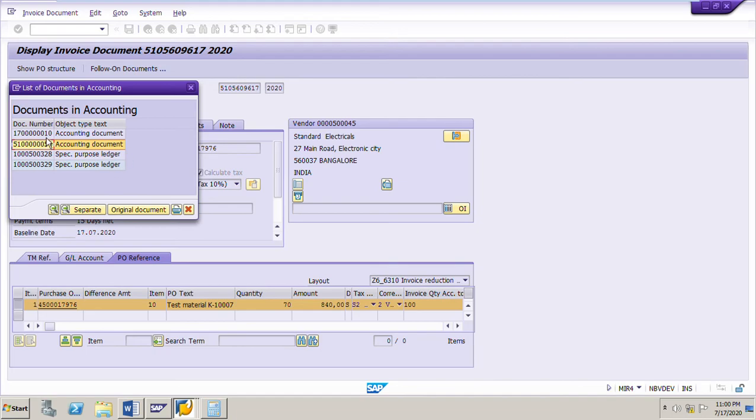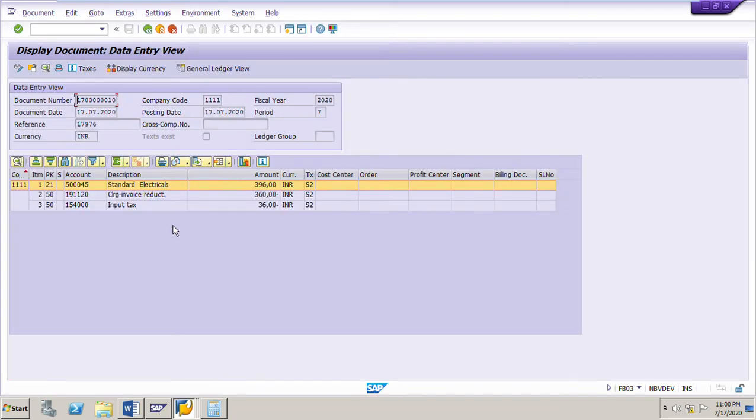Go back and go to the accounting document of the credit memo document. So this is the credit memo, means this is the amount the vendor has to pay us back. Okay, so total amount is 396, and the original invoice reduction is 360 rupees. And the tax for 360, 10% of 360 is 36, and the total amount 360 plus 36, that is 396, vendor has to pay us back.